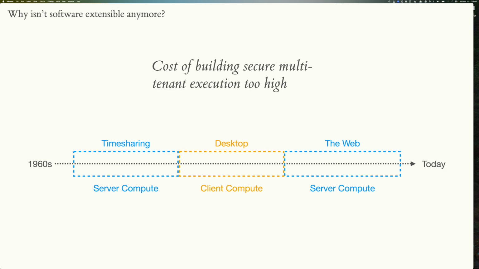And then back around, I think the 90s or so, once desktops came out, there was the desktop era and all the compute went back to the client, right? So when I grew up, all of my software had plug-in systems or was extensible. Even the software that wasn't meant to be extended, we extended it. You would get games and you would mod them. Everything was extendable with code. And what happened was when the web happened, we basically moved the interesting compute back to the web.